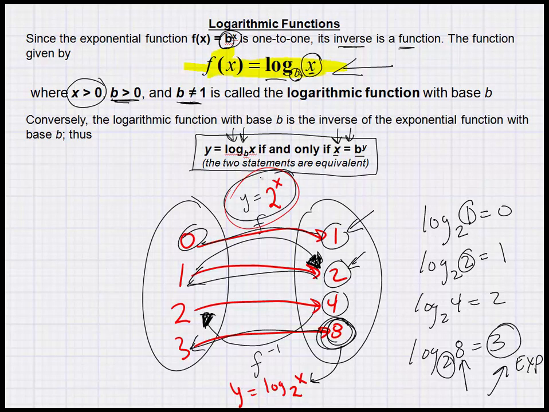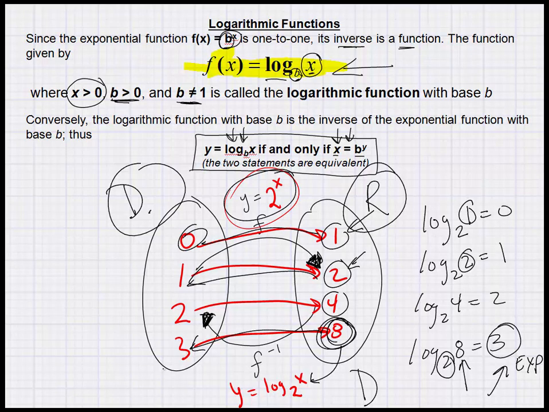Now think about this. The domain for the first function is here, the range for the first function is here. So this is domain, this is range. This is where we start, this is where we end. This is the domain for the logarithm, and this is the range for the logarithm. They're the reverse. Well, what was the domain for the exponentials? For all exponentials, my domain was negative infinity to positive infinity. And my range